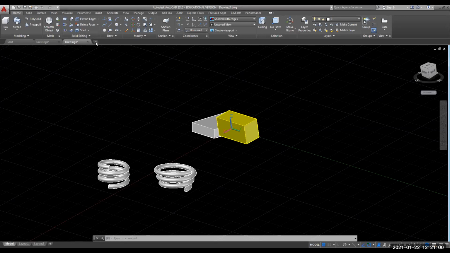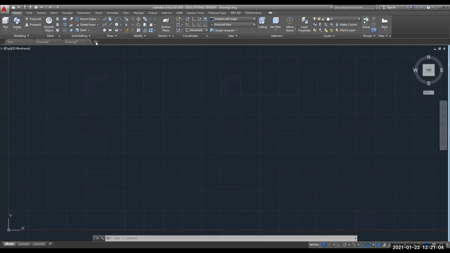Now I will show you one simple component, that is the pulley. How to draw a pulley. Starting with a simple pulley, then I will show you one drawing, and you can use that drawing also.